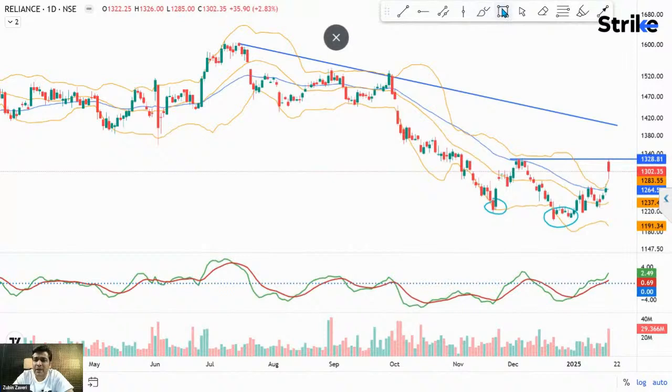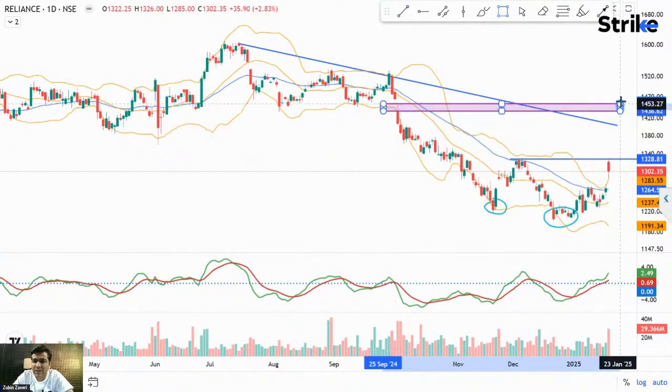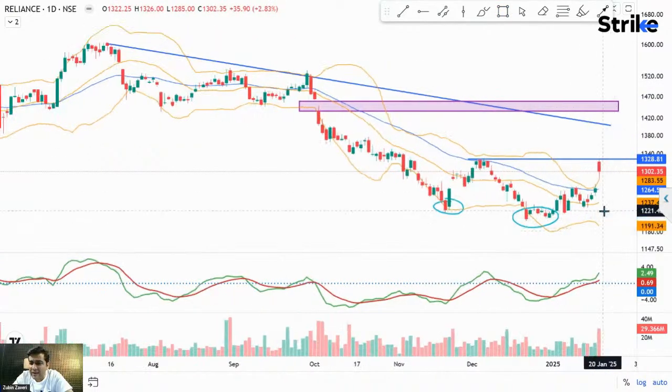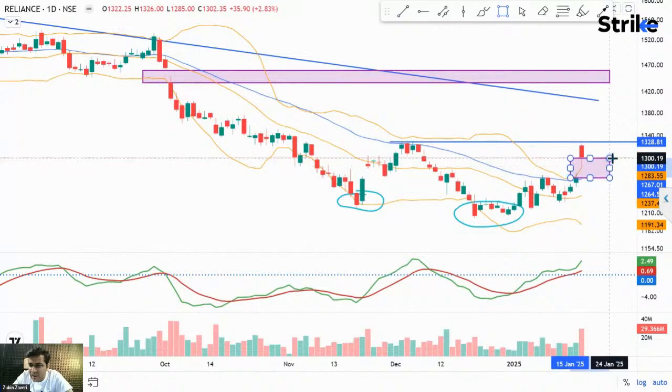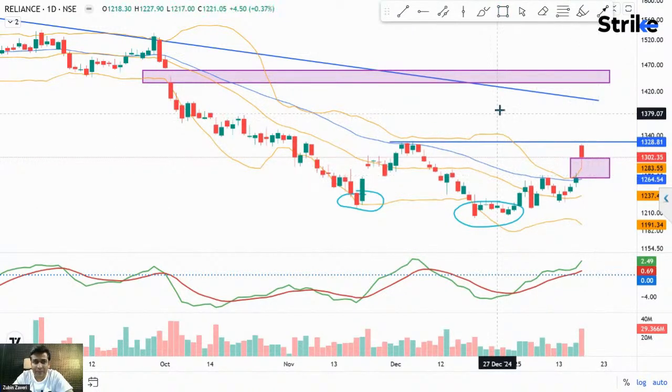So if Nifty has to bounce back strongly, Reliance has to perform. All right, the next resistance level, you can also take this gap area of Reliance as its resistance level. And the new gap that it created today, the gap up opening, this level will become its support level. All right,